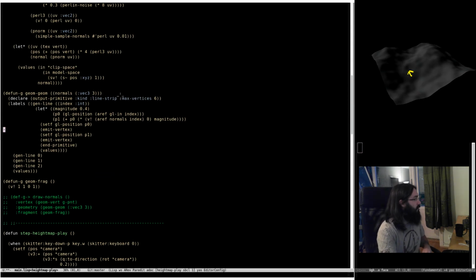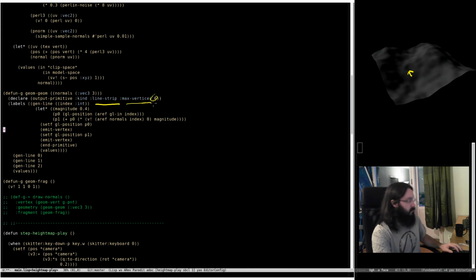We have a function called genLine. The first thing we have to do is declare what the output primitive is. The compiler knows what primitive is coming in, because by default it's triangles. You can specify it to be anything you want, but by default it's triangles. The compiler keeps track of the primitive flowing through the system, so you don't have to declare it again. You just declare the output, which is going to be a line strip, and the maximum vertices are